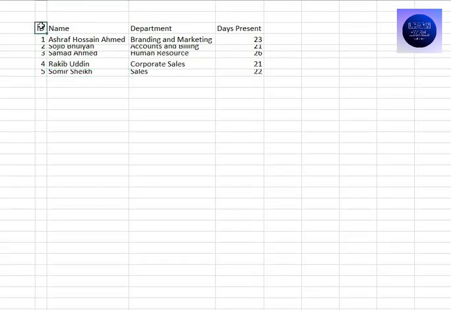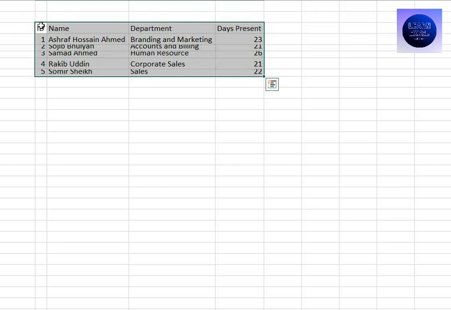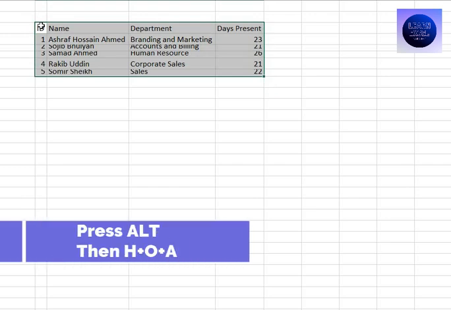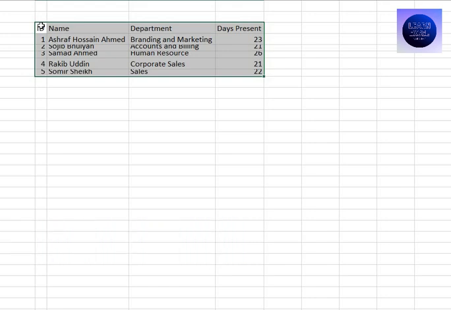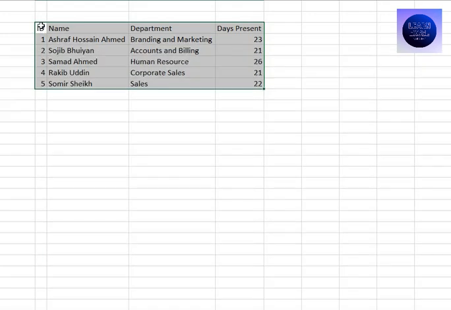again, I can select the entire range, then I can press Alt again. Now I will press H O A, H O A. Okay, so as you can see, they're okay, they're ready. Now I want to use the third shortcut, which is adding all border. So I'm going to press